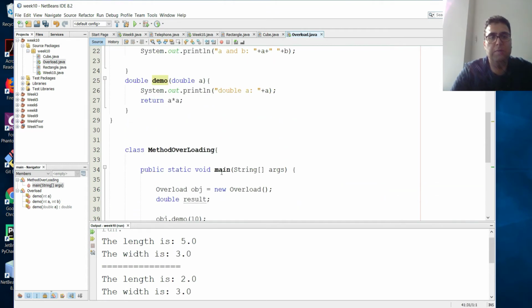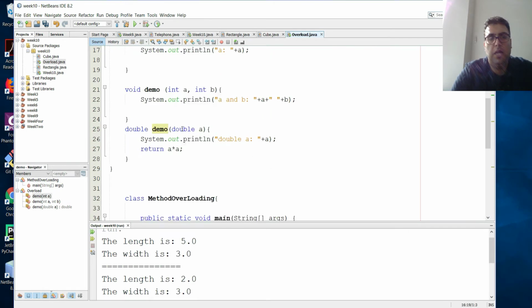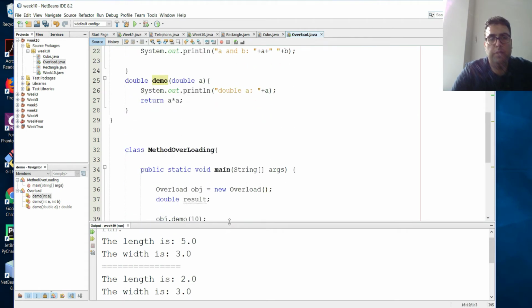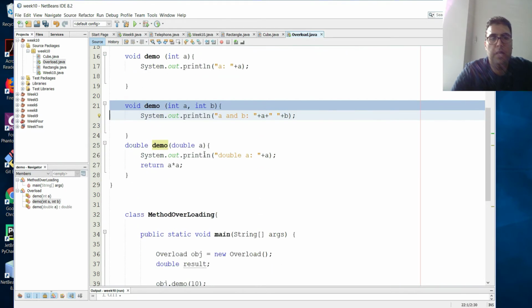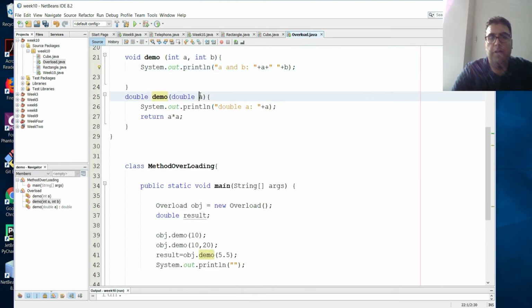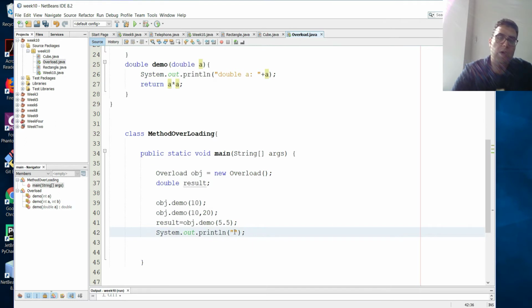So we're sending a double here. The first one I sent 10 to this. Let me just minimize that. 10 and 20 to that one, and 5.5 to this one, and I'll store the result here. So 5.5 multiplied by 2. No, sorry, to the power of 2, because we're multiplying it to each other. We are gonna print the result is